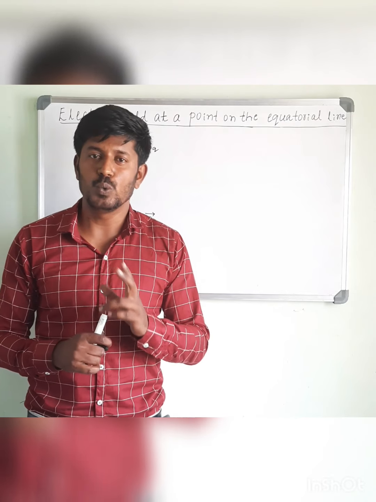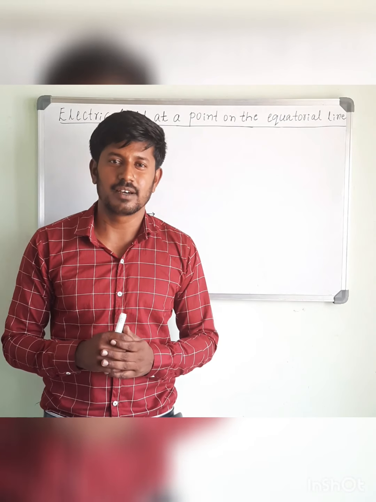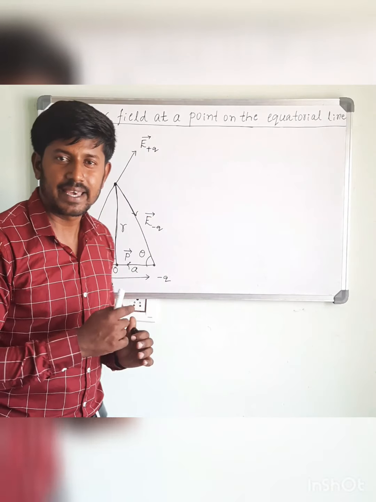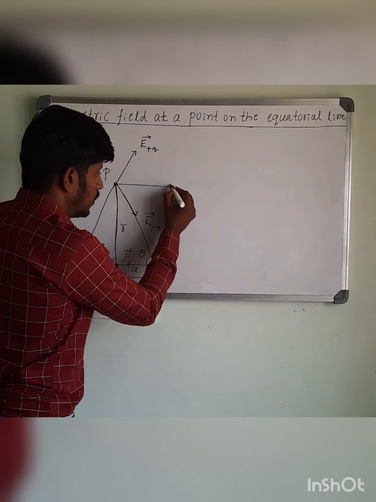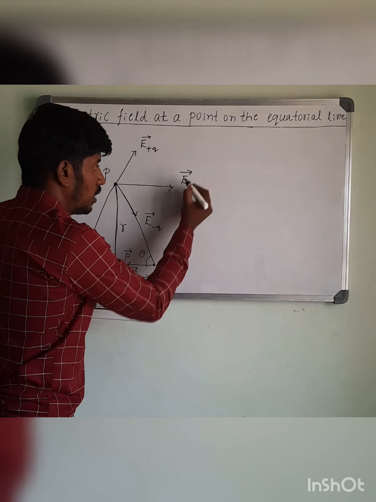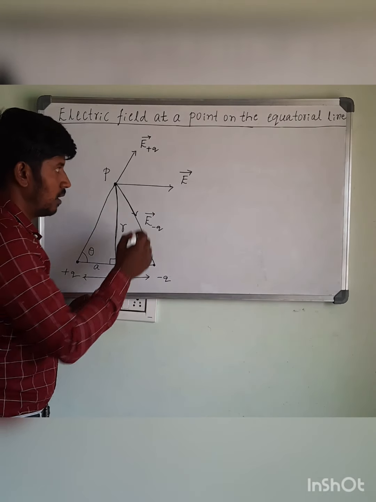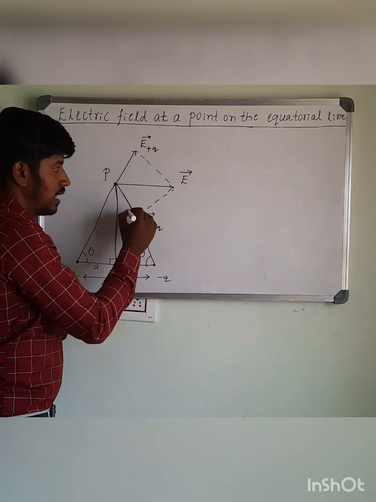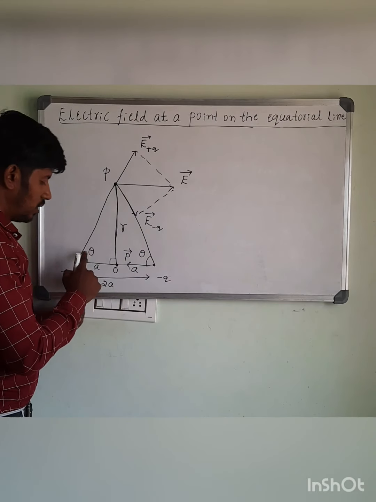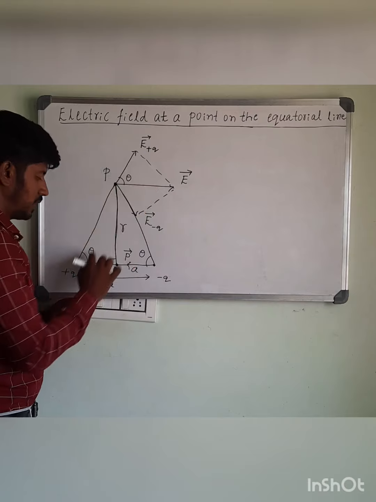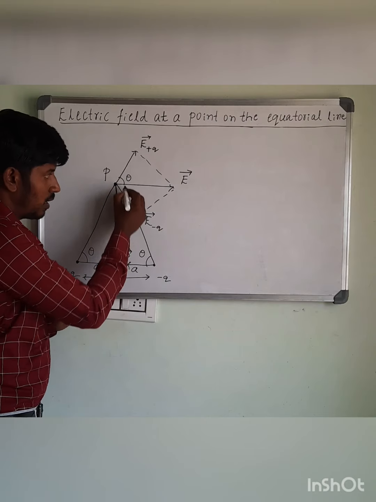For that, we will use two laws of vector addition. One is the triangle law of vector addition, another one is the parallelogram law of vector addition. Now in this case, I will use parallelogram law of vector addition and I will add these two electric fields. So this will be the resultant or total electric field of these two. According to parallelogram law, the resultant electric field is always the diagonal of the parallelogram. See, this is a parallelogram and this will be the diagonal. These two angles are similar because these two lines are parallel, and here we have a Z shape, so corner angles will be the same.